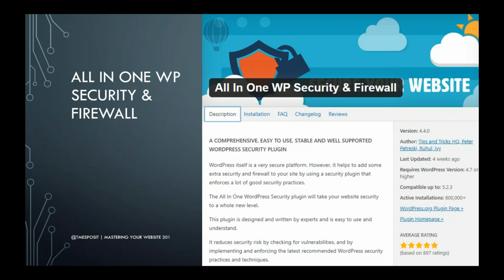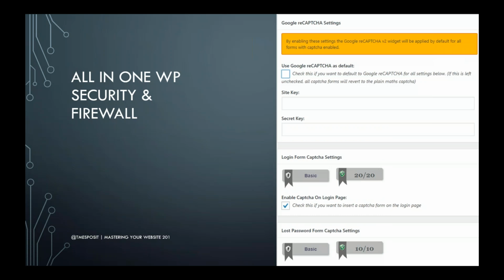And the last one is the All-In-One WordPress Security and Firewall. This one is pretty epic. I like this one a lot. This is one that I found a little bit later after the other ones, and I've become a big fan of this one. It has a ton of features in it, some of which overlap with things that I already spoke of, so I'm only going to go into a handful of these. And in the workshop that I created, I go more into depth as to all the details in each of these plugins. But in this presentation, I don't have time for all that. So I'm going to cover some of the things that it does differently from the other ones.